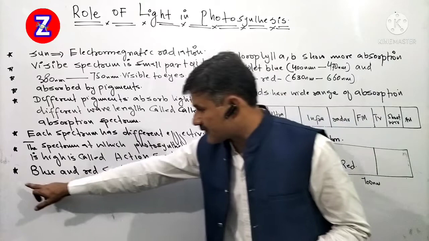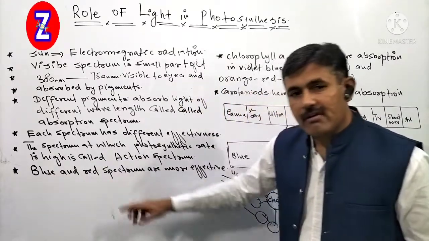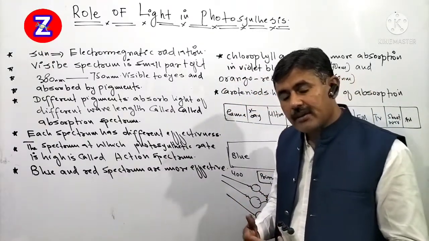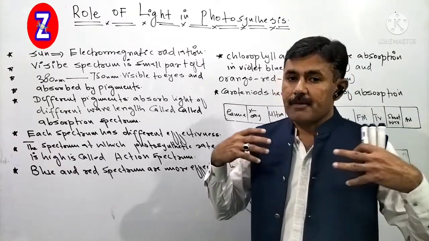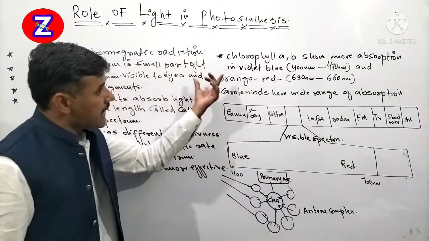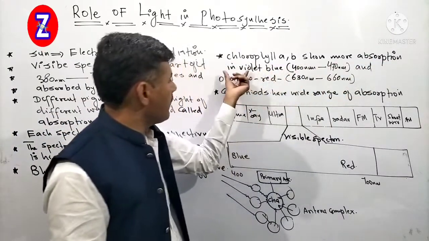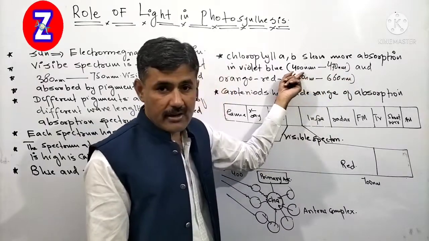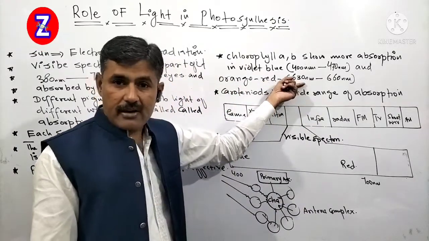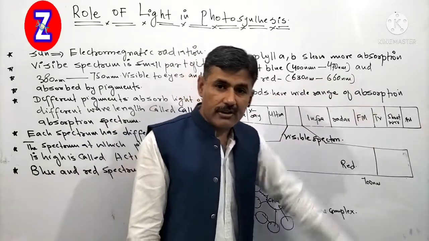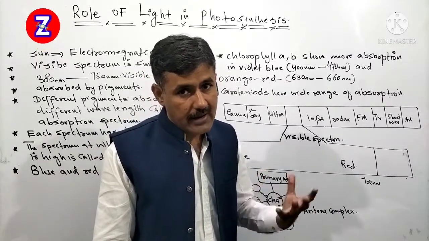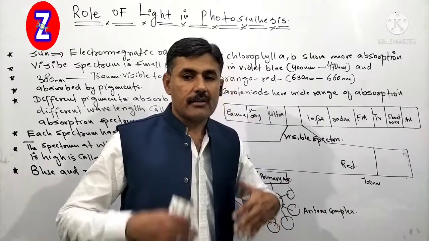And for photosynthesis, the blue and red wavelengths show an action spectrum, because in red and blue light the rate of photosynthesis is maximum. Chlorophyll A and chlorophyll B show more absorption in violet-blue, which has a wavelength of 400 to 470 nanometers, and orange-red, which has a wavelength of 630 to 660 nanometers. The light of these two colors is more effectively absorbed by chlorophyll A, and therefore in these two lights